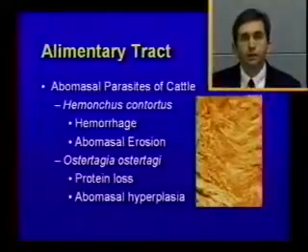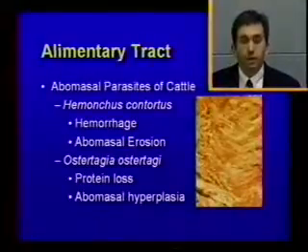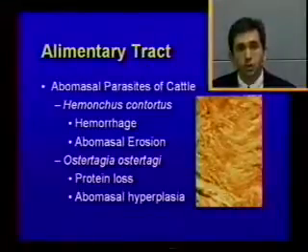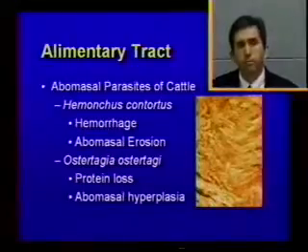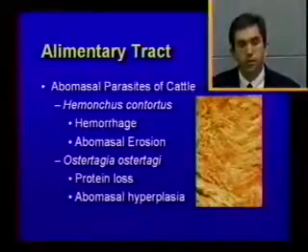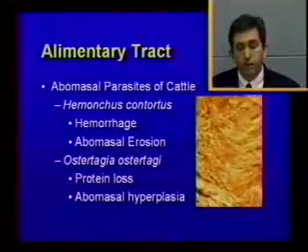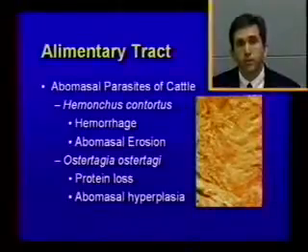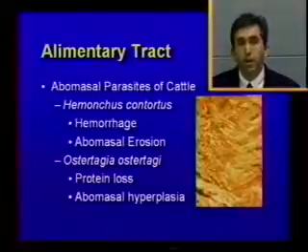Moving now to the alimentary tract, I want to discuss some very important parasites of cattle. The first of them is Haemonchus contortus. This is a nematode, also known as the barber pole worm because of its appearance grossly, that causes severe hemorrhage and erosion in the abomasum. So this causes blood loss in the intestinal tract. And then another nematode of cattle of the abomasum,